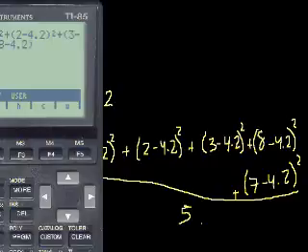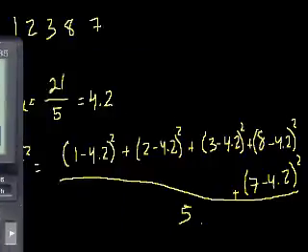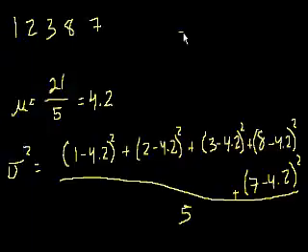I'm just taking the sum of the squared distances from the mean. One more, plus 7 minus 4.2 squared. So that's the sum. The sum is 38.8, so the numerator is 38.8,